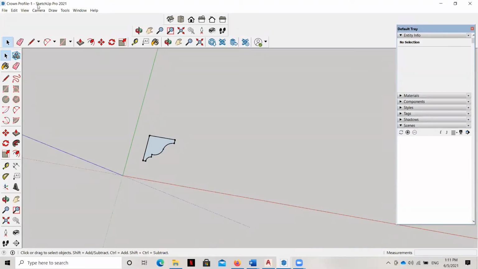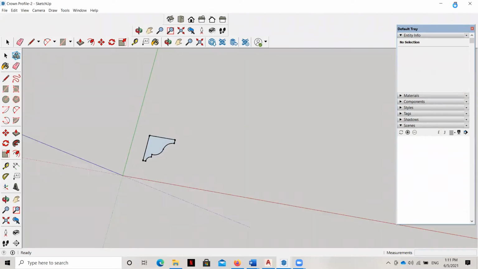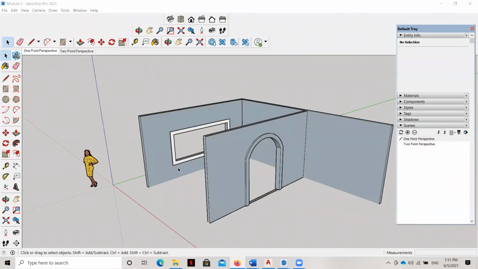And now that I've got my crown molding profile downloaded so that everyone's is the same, I'm going to do Control A to select all, Control C for copy, and then I'm going to close this file, go back to my original floor plan here, and hit Control V for paste.